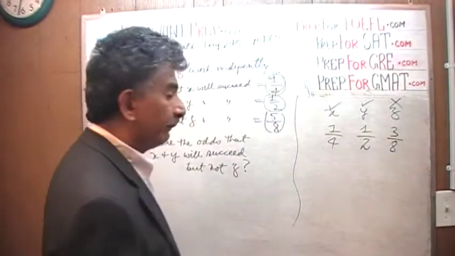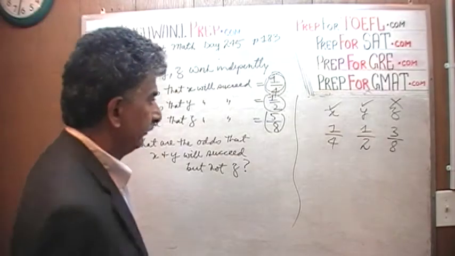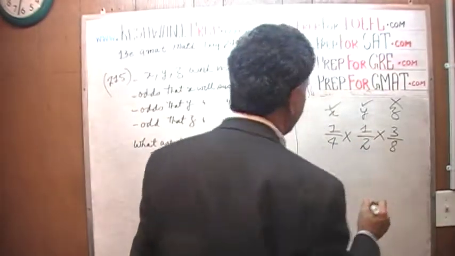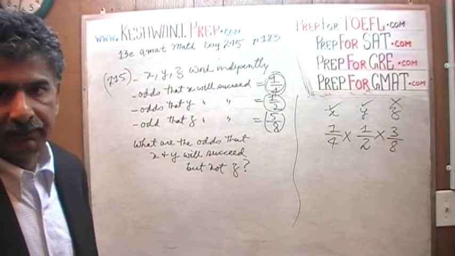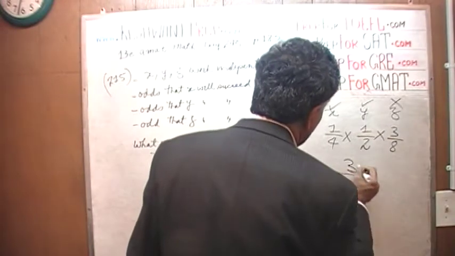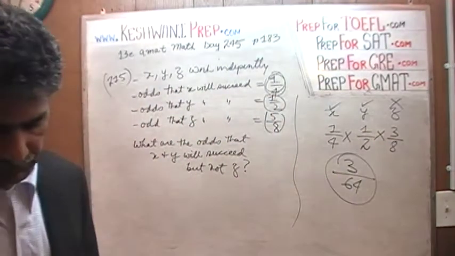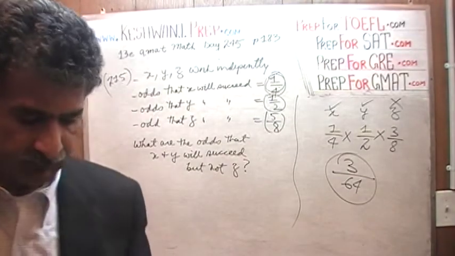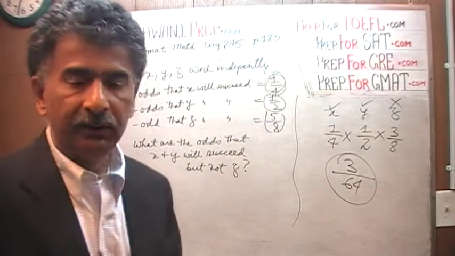And since these are independent events, the way we figure out their probability is by simply multiplying the three numbers. And that's it, we are done. 1 times 1 is 1, times 3 is 3/64. That's our answer. As I said before, the odds that the two guys with a lower probability will succeed